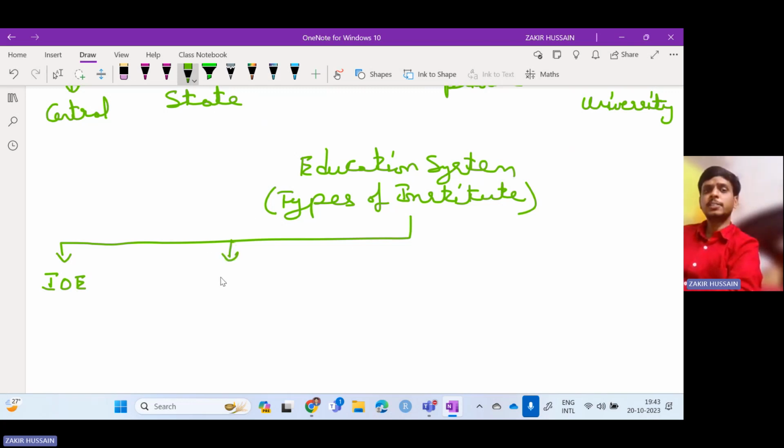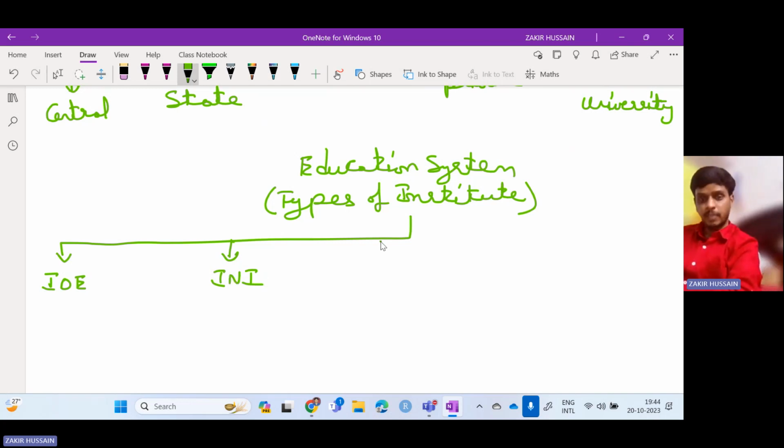Then next one is the Institute of National Importance. In the Institute of Eminence, though they are the highest graded, there is a mix of private and government institutes. Whereas in the Institute of National Importance category, the institutions are funded by the central government only. All the central government universities which are of the highest grade, which are very much of national importance, will be in the Institute of National Importance category.